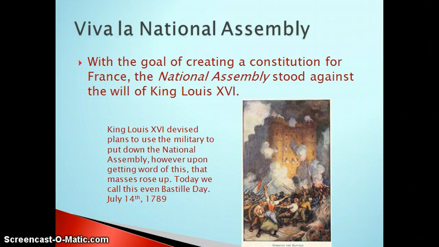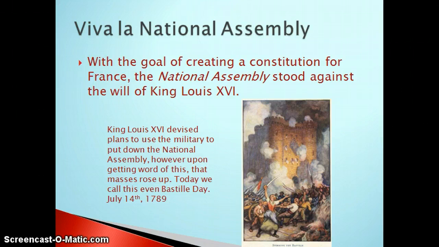Does anybody know what the Bastille is? Take your time, guesses. Google it. Nope, not enough time. The Bastille is a giant prison. However, it's not a prison that we know of today, where it keeps inmates and thieves and bad people. It's not that sort of prison. The Bastille was a specific prison meant to house political prisoners, enemies that stood against the king. So you could see how this is very symbolic.